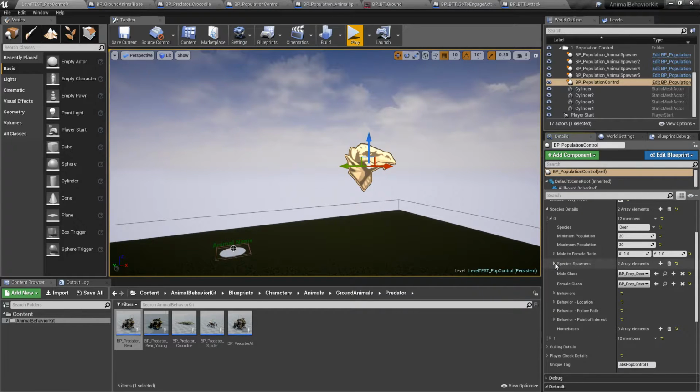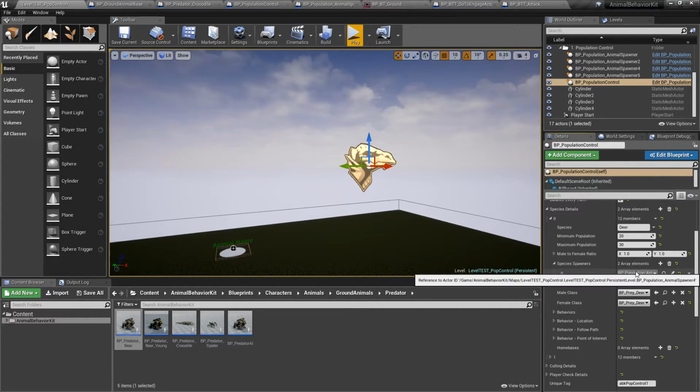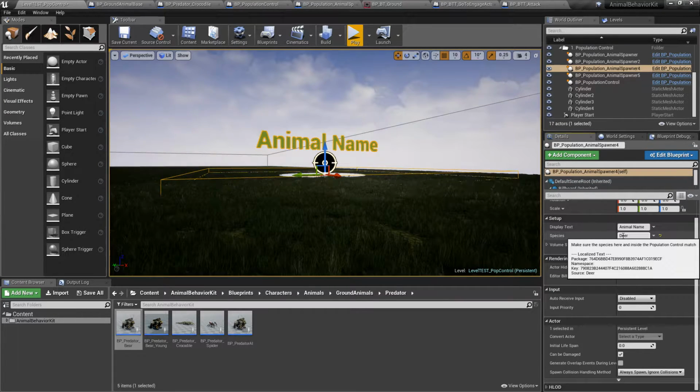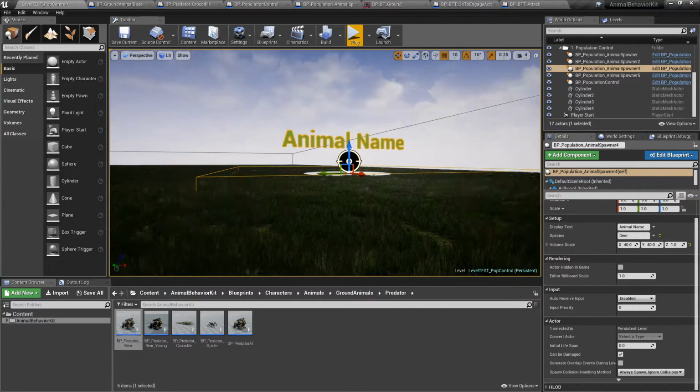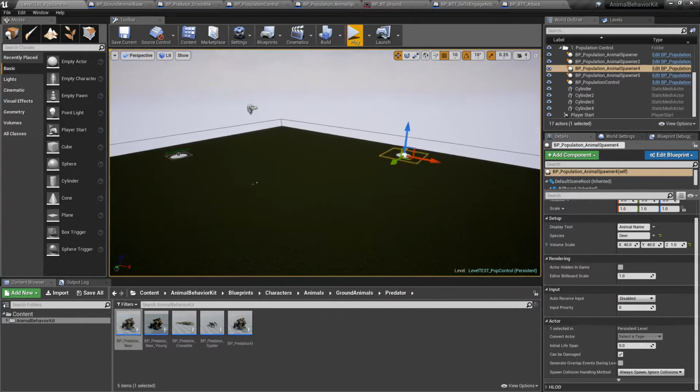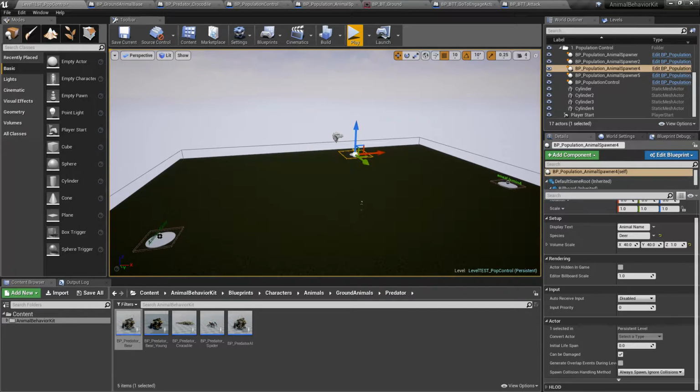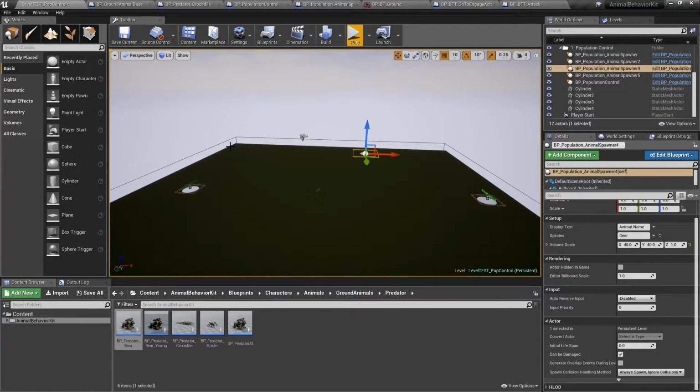So basically what this does is it looks at the species here, and it looks at all of the spawners in the level, and if the spawner's species field is also the same, in this case deer, then it'll automatically add it to that species. So again, fairly simple, but it's a nice little time saver. So now you could have potentially hundreds of spawners all over your level, several for all your species. You can add or remove spawners, and as long as you keep the species matching the same, you can always